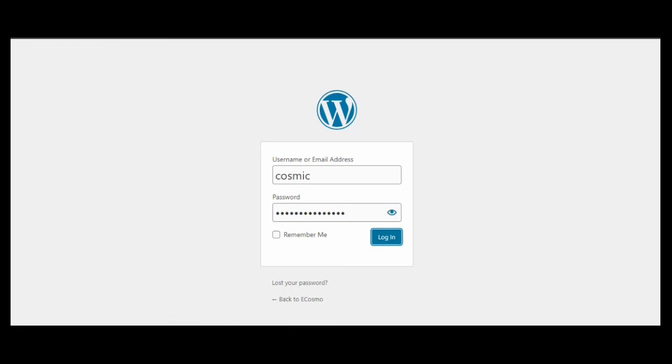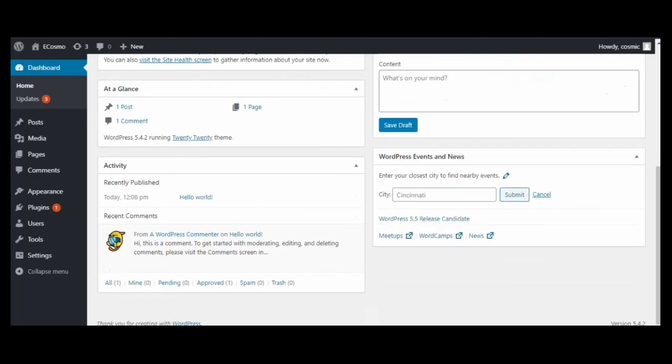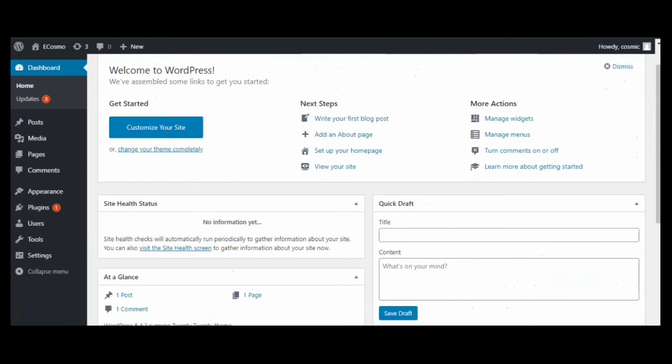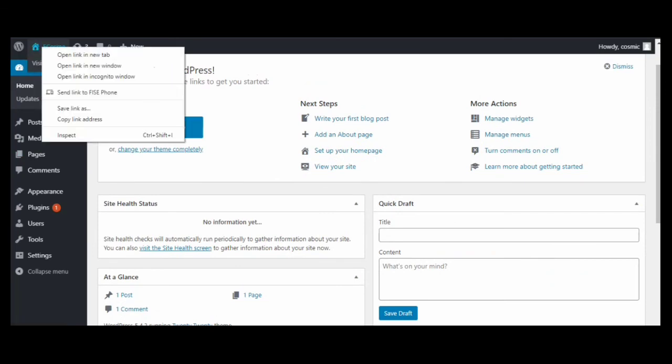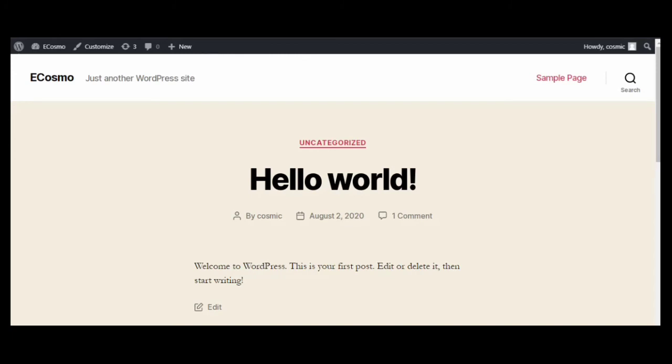It will take you to the dashboard where you could modify or create your new website. You could use themes, plugins according to your wish. Now going to our website, it just looks like a normal WordPress site.